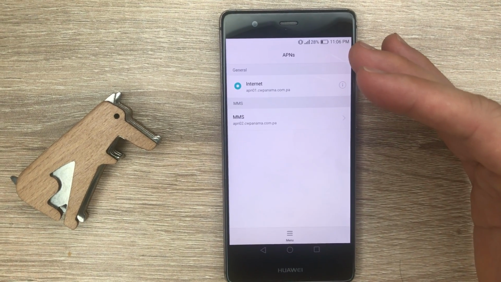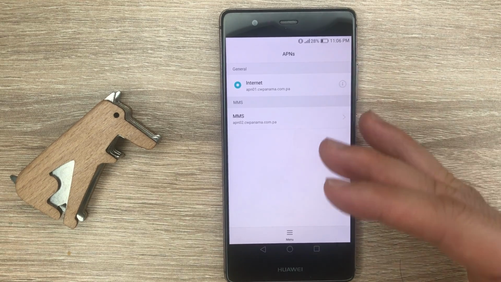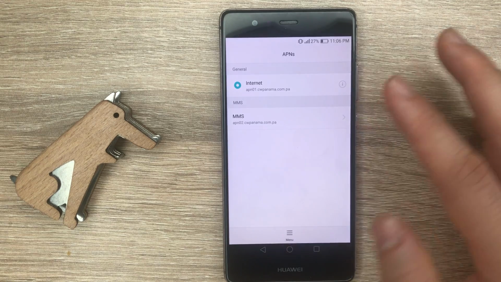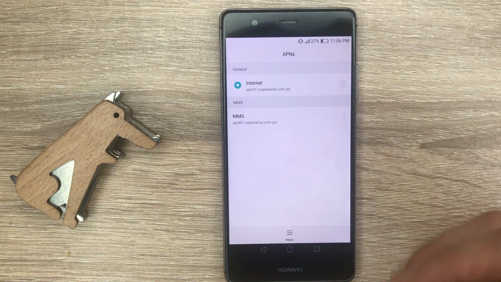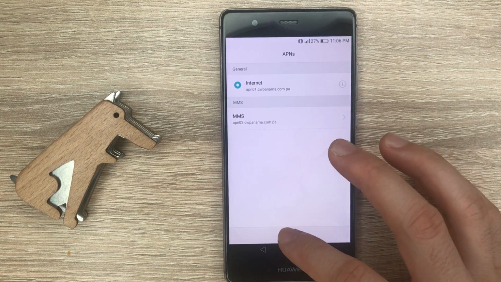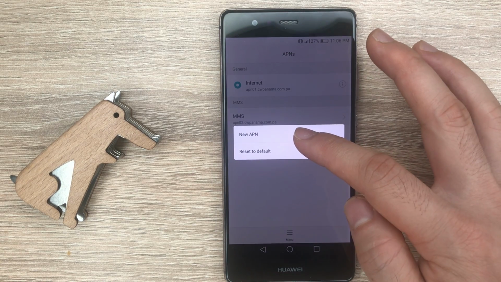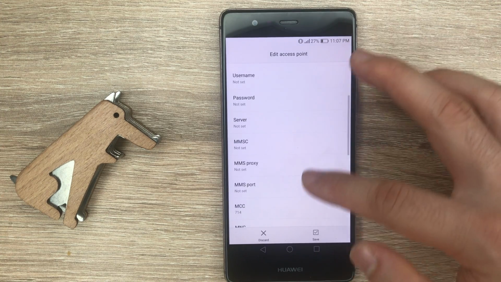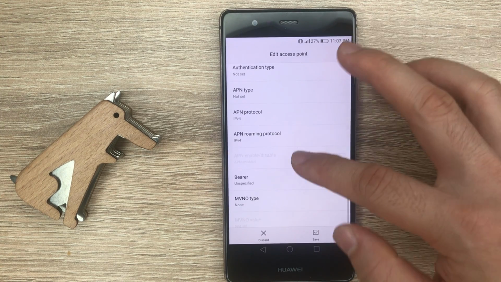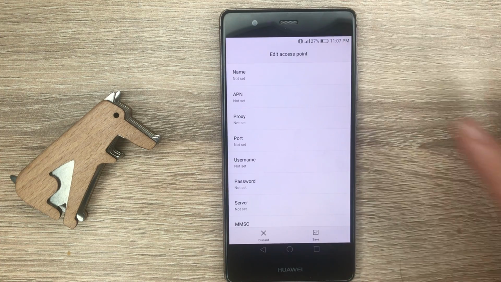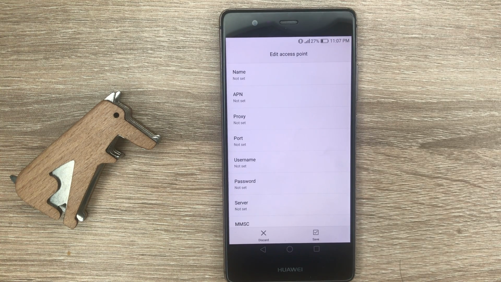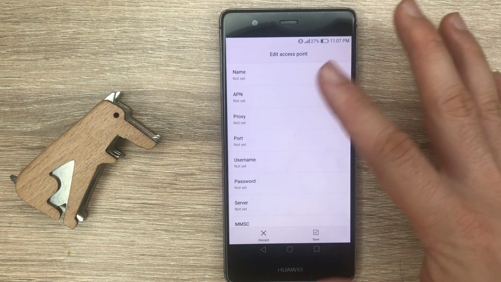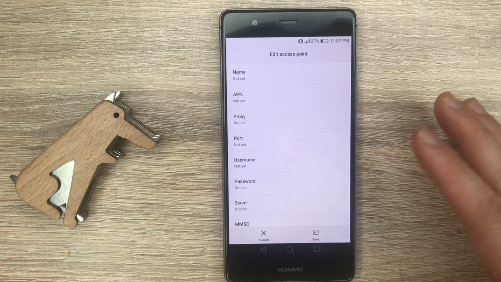If by any chance resetting to default doesn't bring you anything, or it still doesn't fix the issue, then I recommend you add a new one. So tap on the menu again and select new APN. Here you see a list of fields you need to type in, and it will be specific to the carrier you're using. You should normally have the APN settings required here, but if by any chance you don't have them,